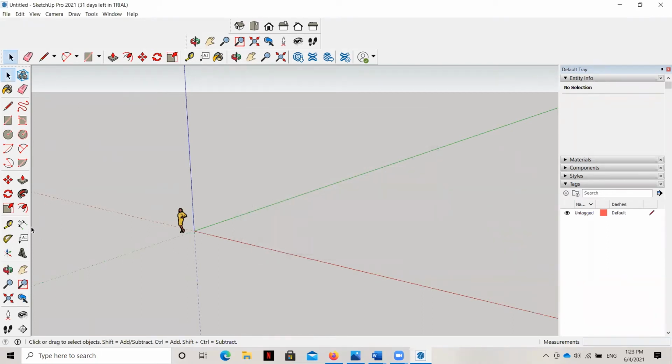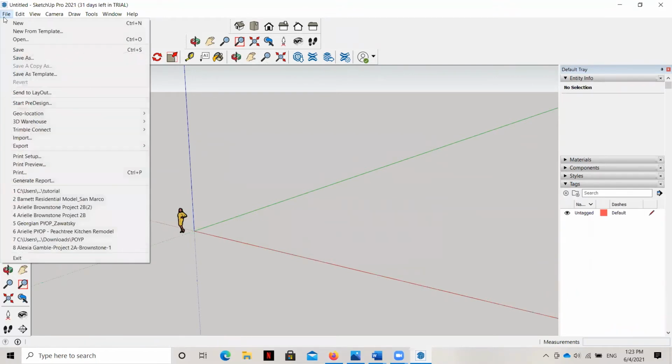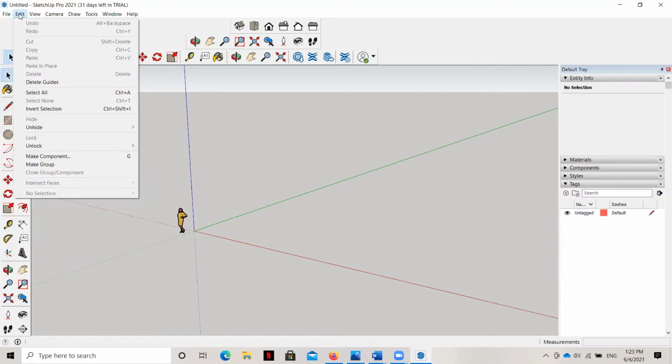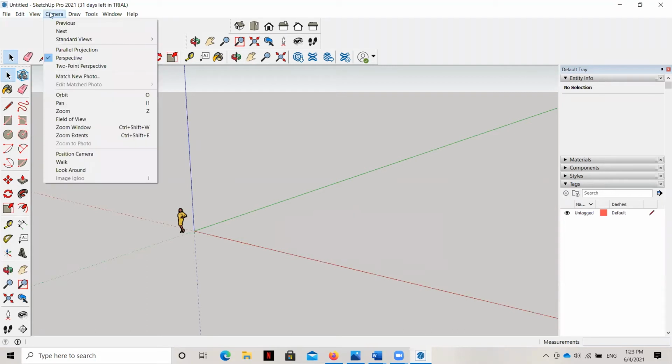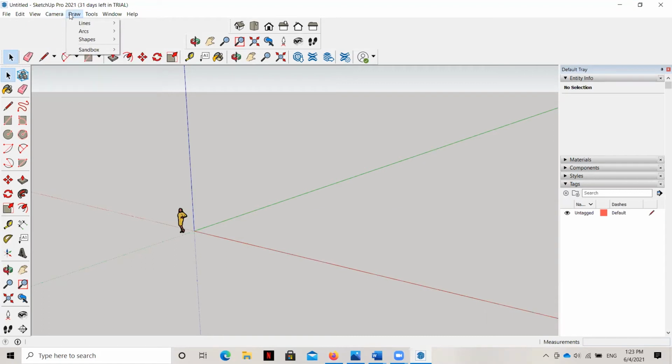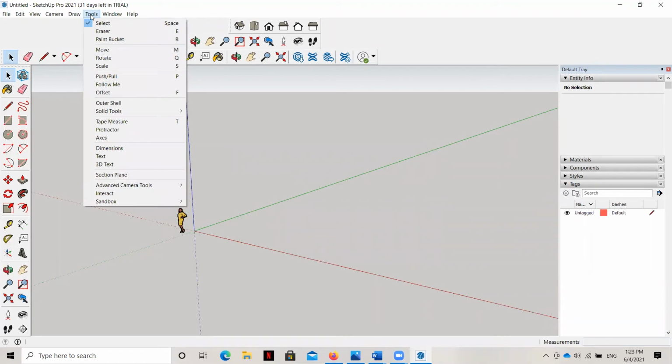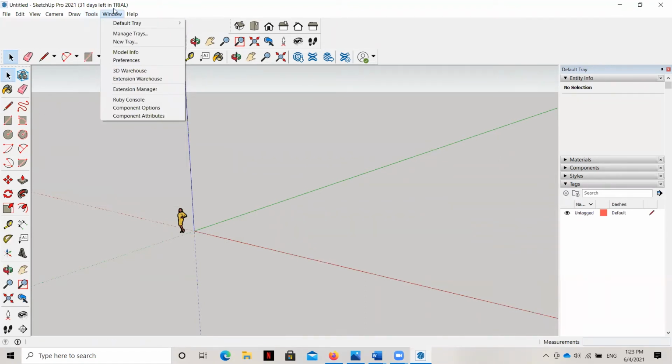Okay, once you've got your toolbar set up, you can see here we've got some other tabs, and you're probably familiar with these if you've worked in other software. There's File, of course, and Edit, which allows us to change and move and modify things. The View menu shows us all the different components that we can see within our interface. And of course, there are some camera options to place and create views later on, which we'll work with. Some drawing commands are here, which we can also see over here. And then, of course, various tools, again shown on this toolbar, as well as the Window and the Help tab.